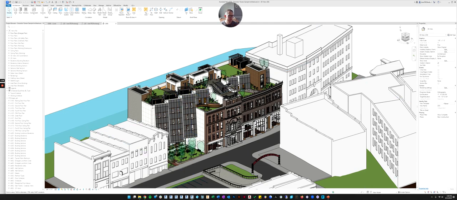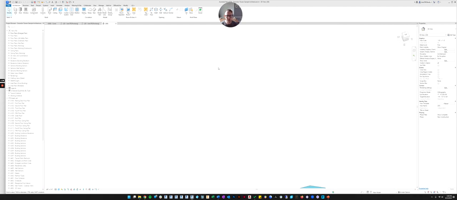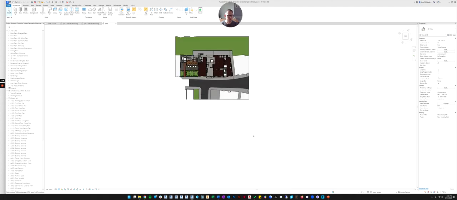So let me give you a better example. We're going to orient this view to a floor plan, the level 1 floor plan.